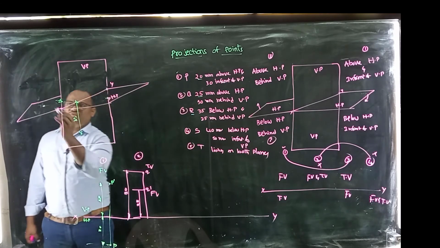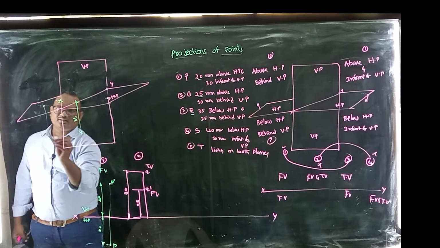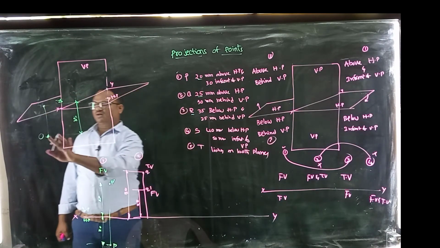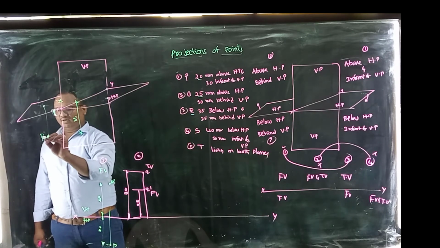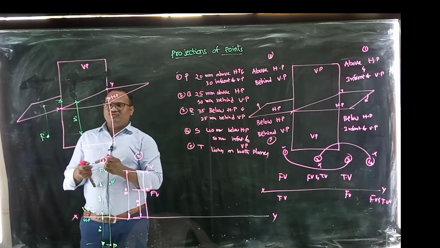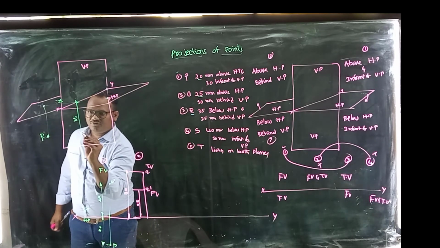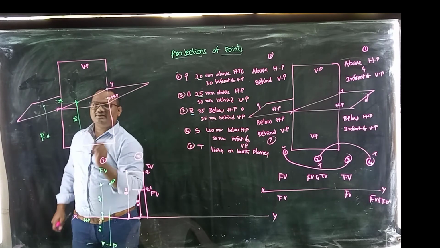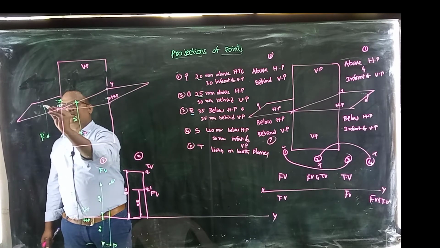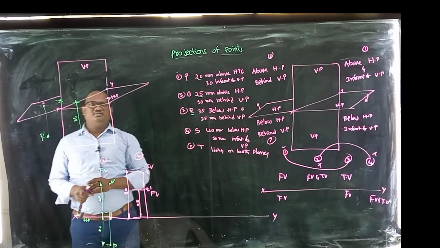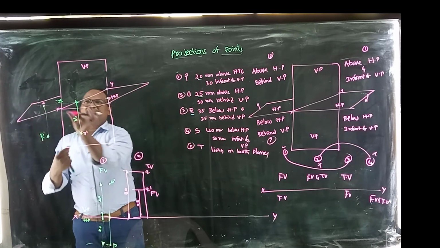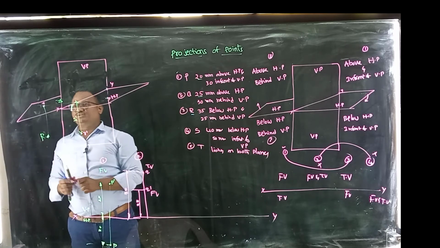Okay, so if you take vertical and horizontal, these two lines coincide here. This is the point R, capital R. So if you see from this direction, the front view we will get here only, that is R dash. From the top view we will get here, this is small r. Okay, so after tilting, this 25 mm comes upwards.